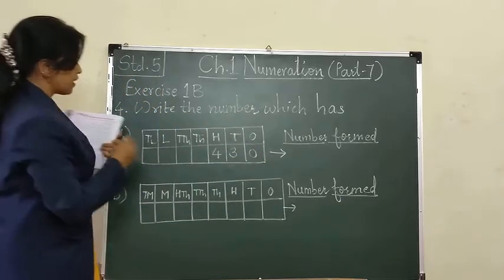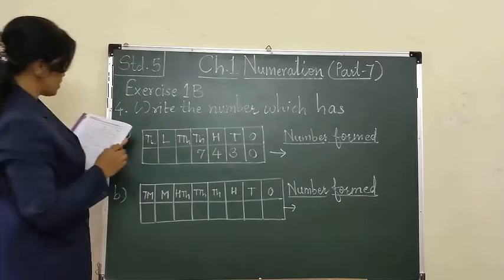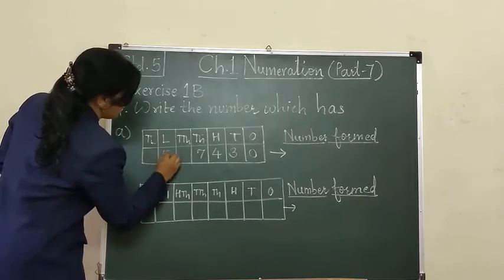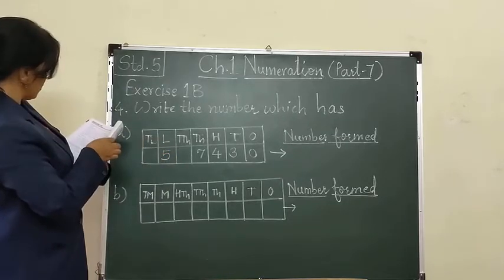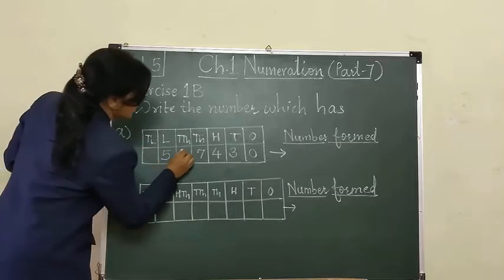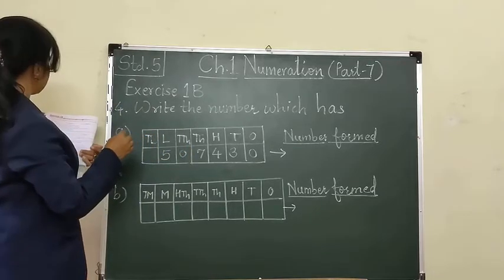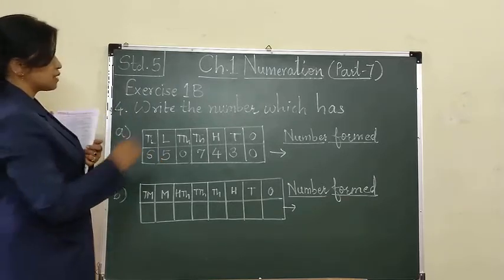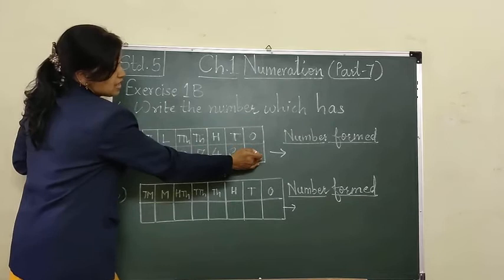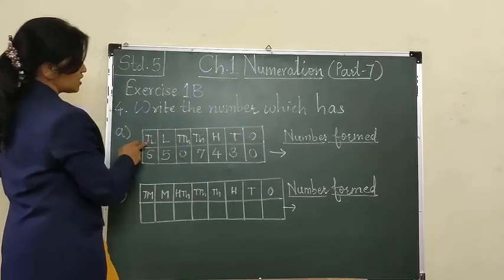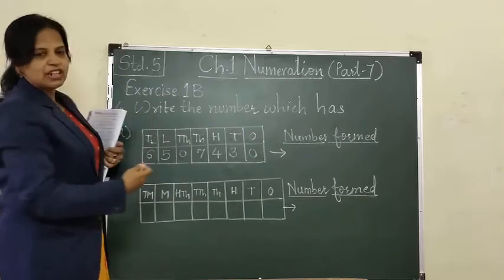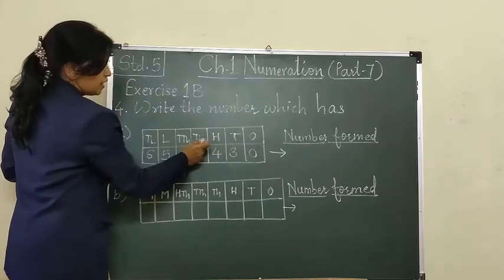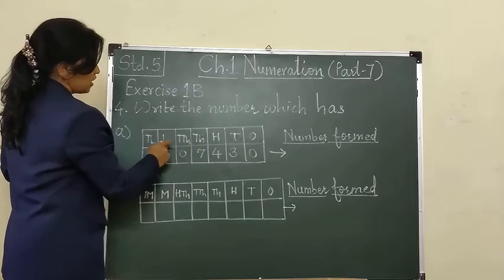7 in thousands place. 7 in thousands place here. Then 5 in lakhs place. See, write 5 in lakhs place. 0 in 10,000s place. 0 in 10,000s place and 6 in 10 lakhs place. In 10 lakhs place there is 6, which means here the lowest place given is ones and the highest is 10 lakhs place. So it is a 7-digit number, not 6-digit. See, ones, tens, 100, 1000, 10,000, lakh and 10 lakh.